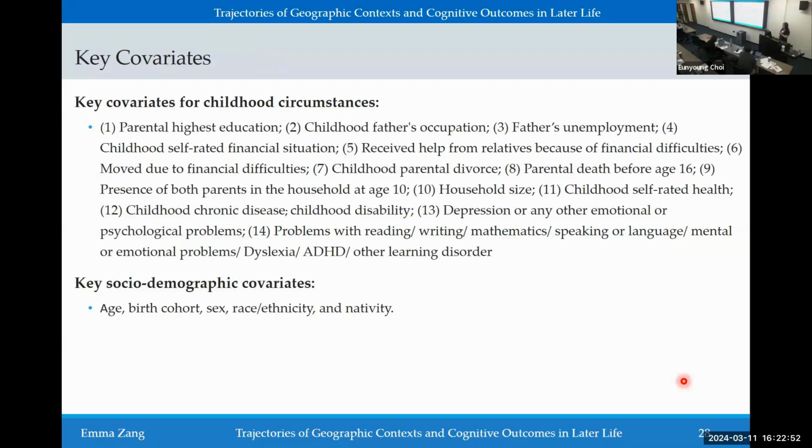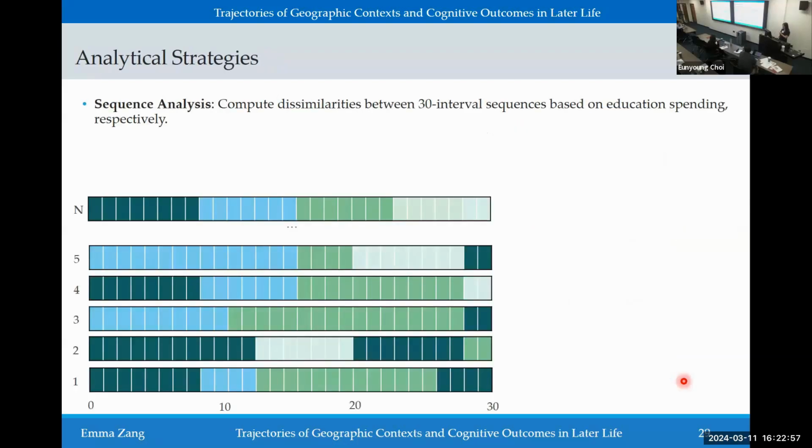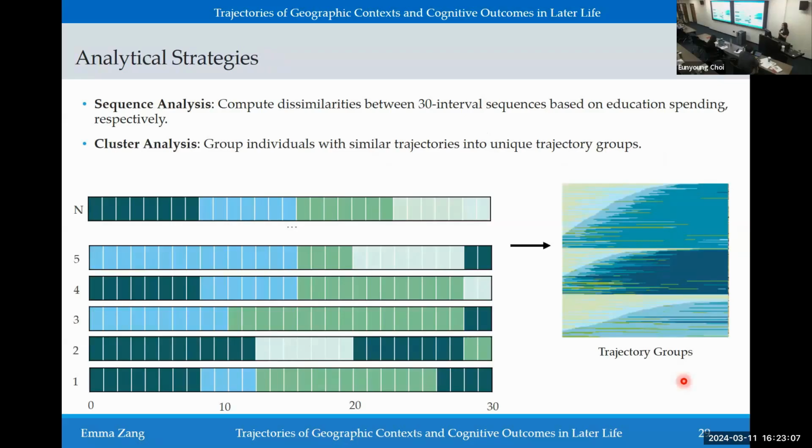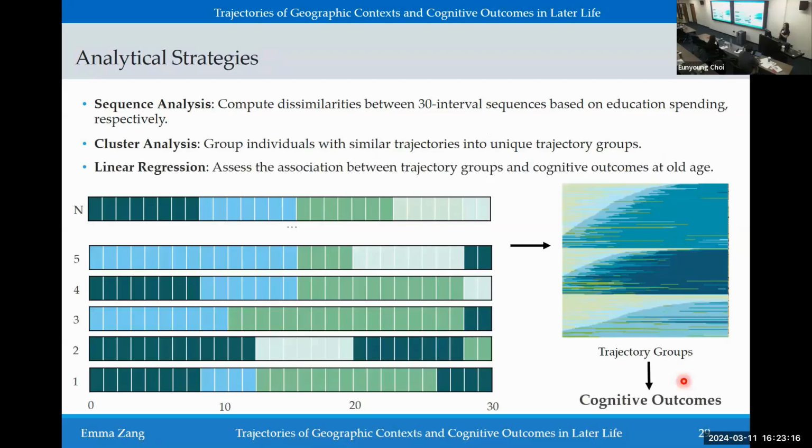We plan to include a bunch of covariates on childhood and some sociodemographic covariates. As for analytical strategies, we plan to use sequence analysis to compute similarities between life course sequences based on education spending. And then we use cluster analysis to group individuals with similar trajectories into unique trajectory groupings. And then we will use linear regression or multilevel regression to assess the association between trajectory groups and cognitive outcomes